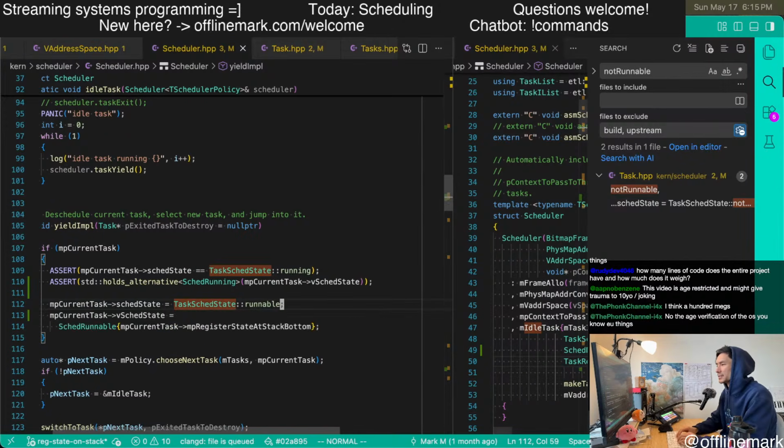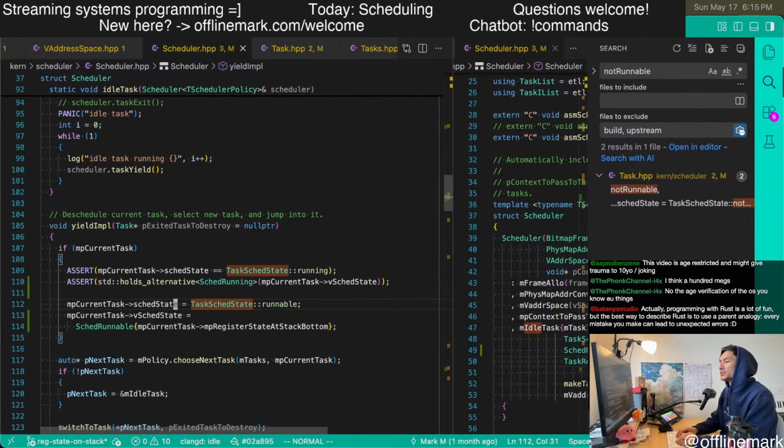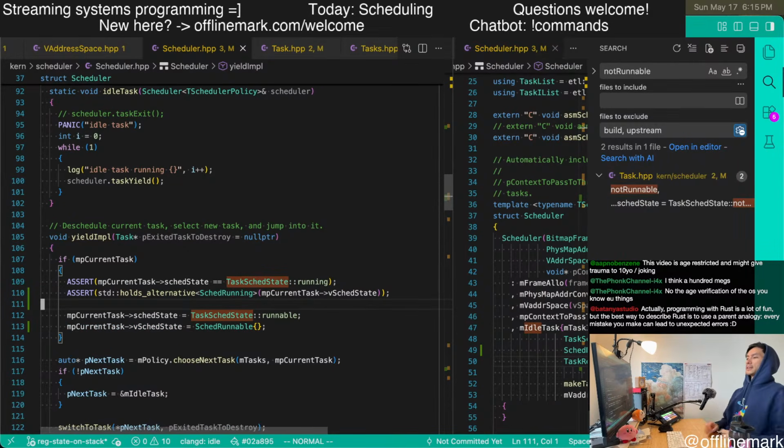This is interesting. Is that right? So now the idea is to move it into a runnable state. And I don't actually think that's right. So when we have a running task and we're moving it into a runnable state, the point of that, but we're in yield impl. Wait a sec, no. I don't think this is right. So it's like, yeah.